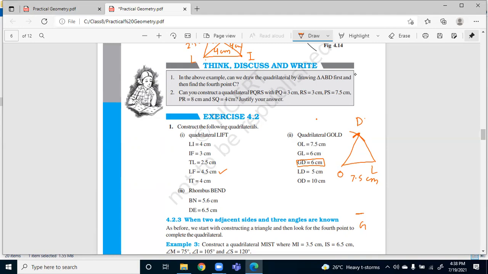No, you missed one point. You will take it from L also, and cut this same point. Yes, ma'am, it will cut at 6 centimeters. So from L, you have to open the compass to 6 centimeters, then you will cut these 2 arcs. Then, ma'am, we will take another diagonal also, OD, that would be of 10 centimeters. And then our quadrilateral is joined. Okay, now we have to join it up. So that completes.